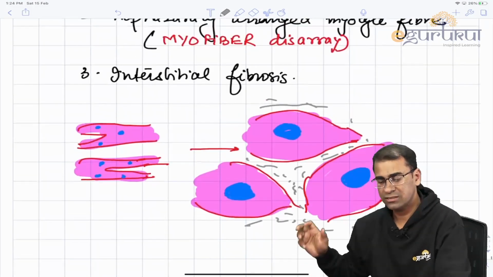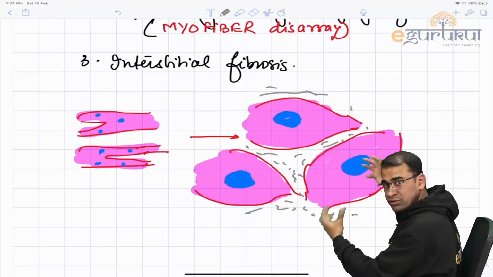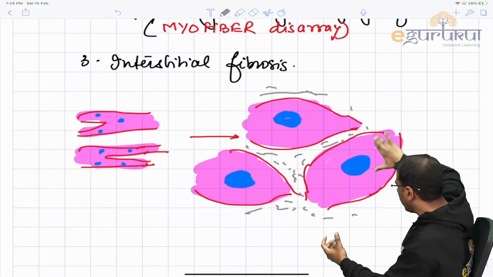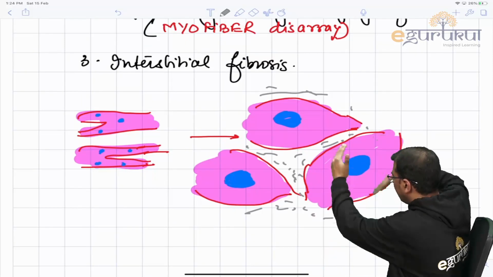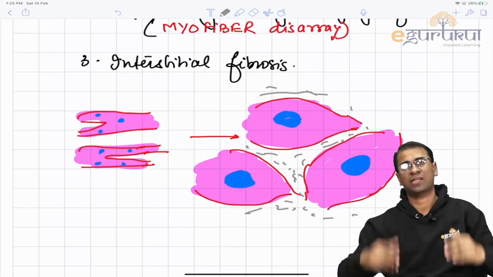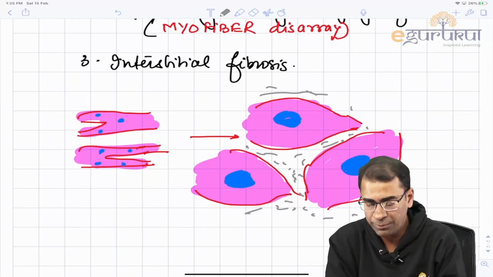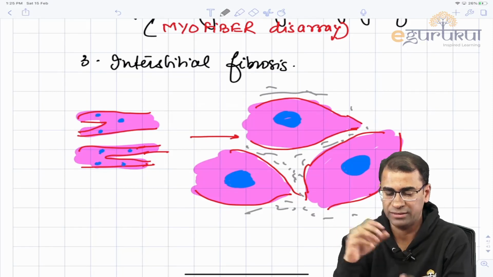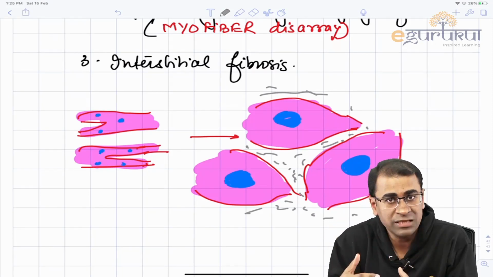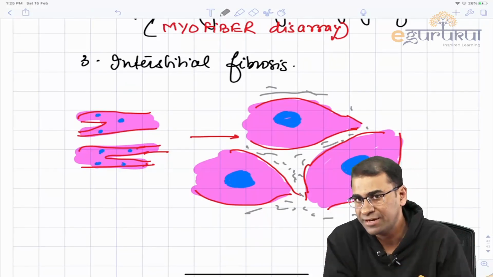So what you're seeing is hugely enlarged muscle fiber. What you're seeing is the nucleus is enlarged. Look at the fibrosis in this area and the abnormal arrangement. They're not horizontally arranged. They all are abnormally arranged like this. It is the basic feature of hypertrophic cardiomyopathy. So the main problem is diastolic dysfunction, because of which the stroke volume will definitely decrease, and when